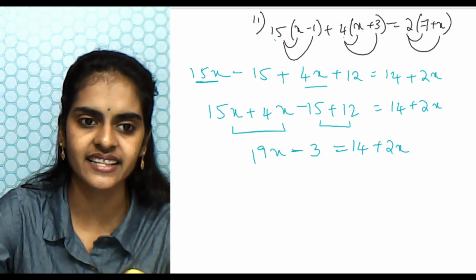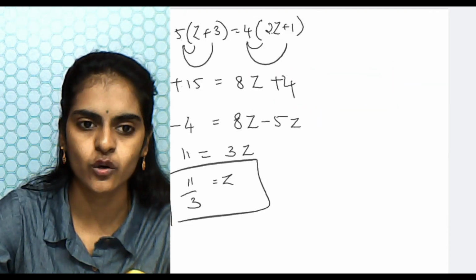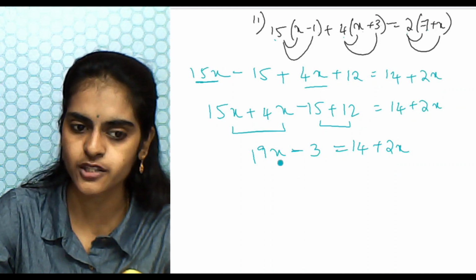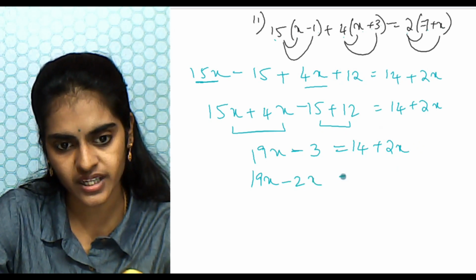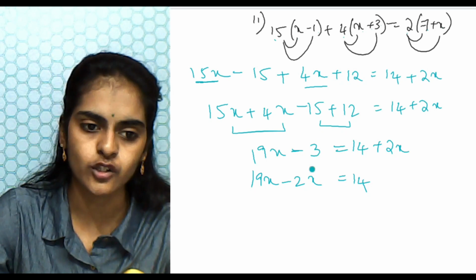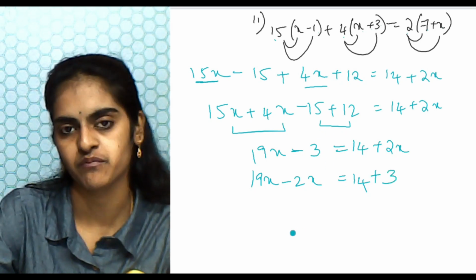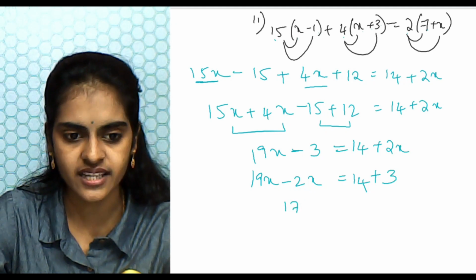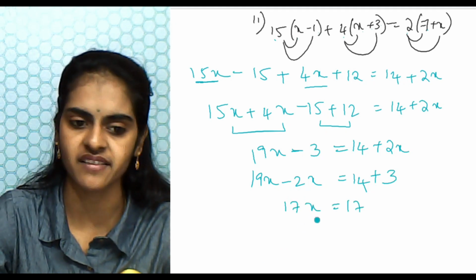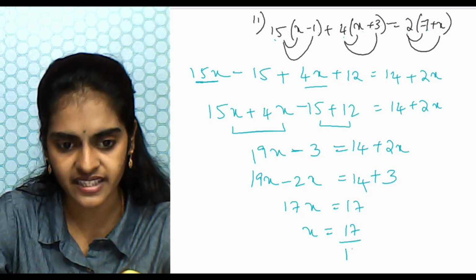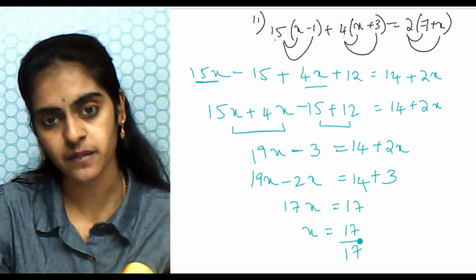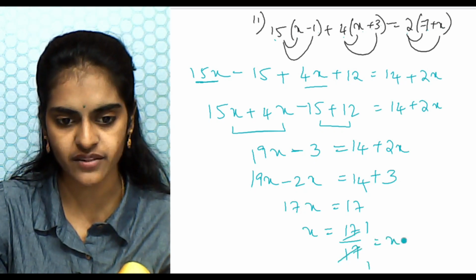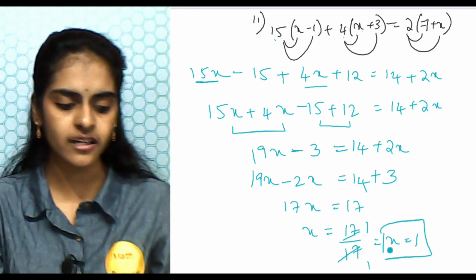Right, now this is like the previous problem. So what we will do again, we will send this 2x to this side. So you have 19x. This plus 2x coming to this side becomes minus 2x, is equal to, you have 14 here, write it here. So this minus 3 going to the other side becomes plus 3. Okay, so 19 minus 2 is 17x is equal to 14 plus 3 is 17. So what is x? x you will get by dividing 17 by 17. Okay, this 17 is in multiplication, going to the other side becomes division. So x value you got as 1. Clear? Yeah, let us move on to the next question now.